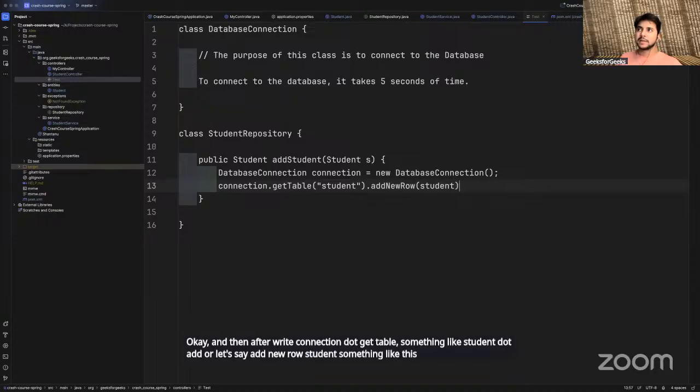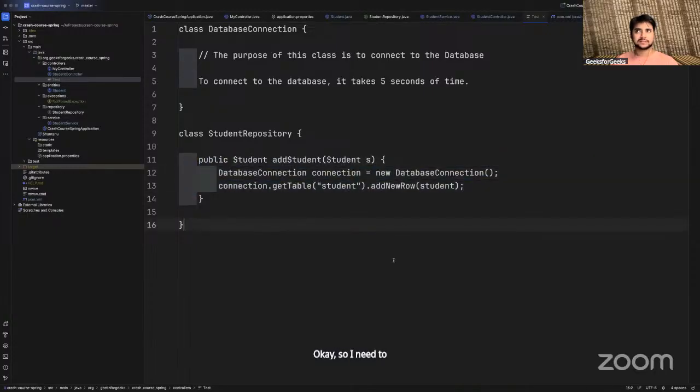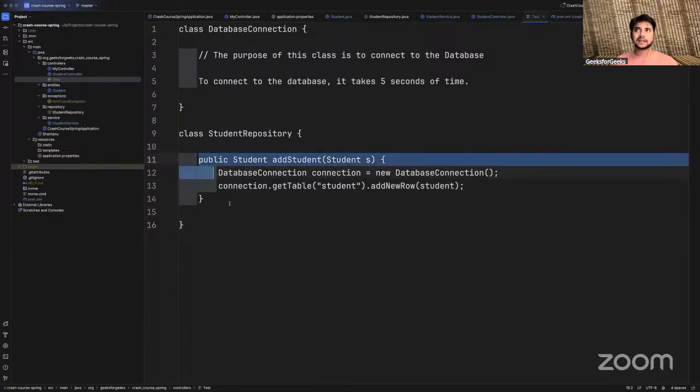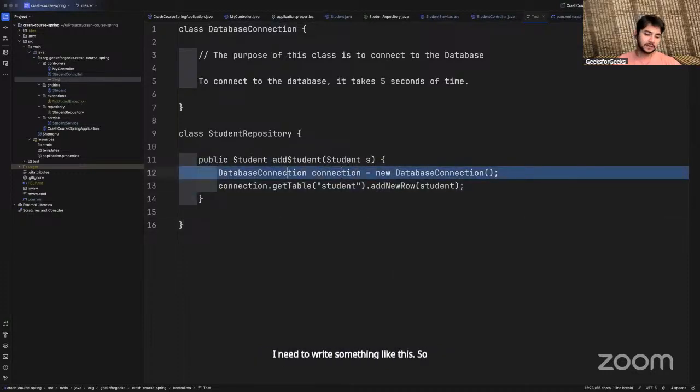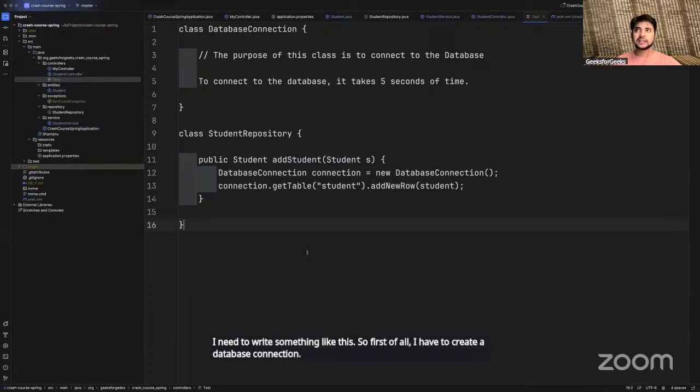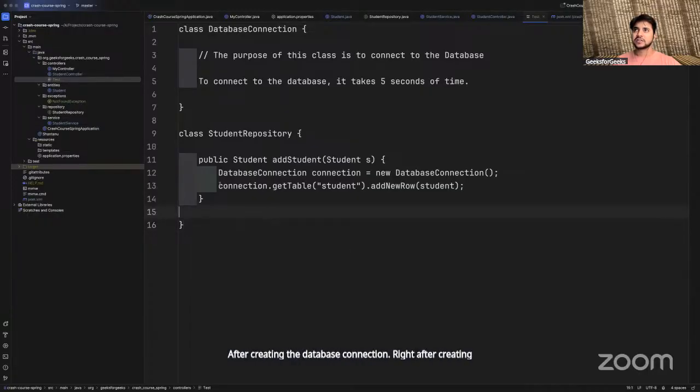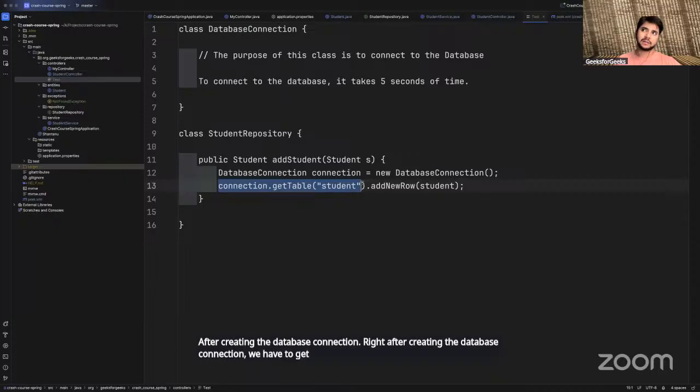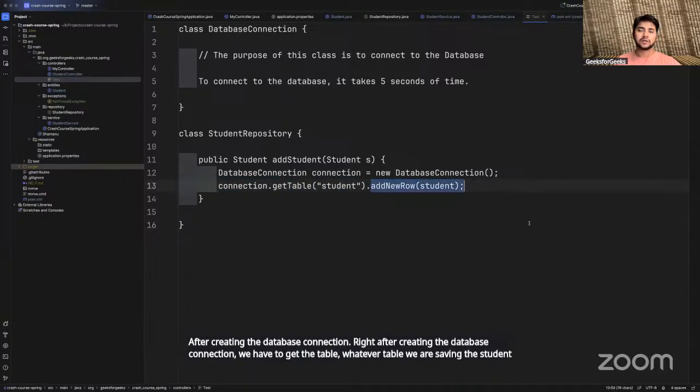This is all dummy code, not valid, just for understanding purpose. So first of all, I have to create a database connection. After creating it, we have to get the table, whatever table we are saving the student in, and add a new row student.